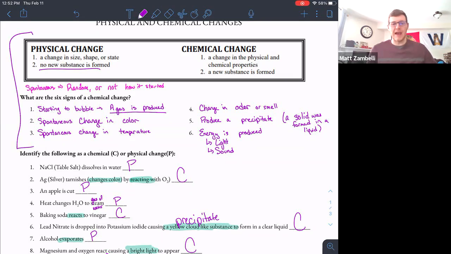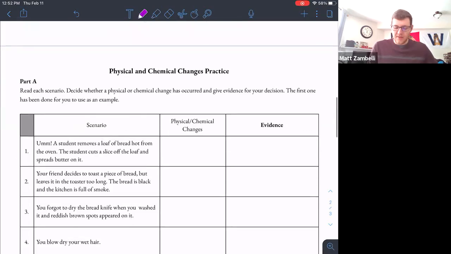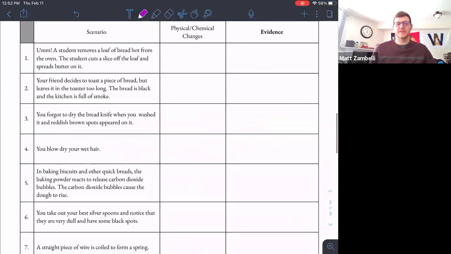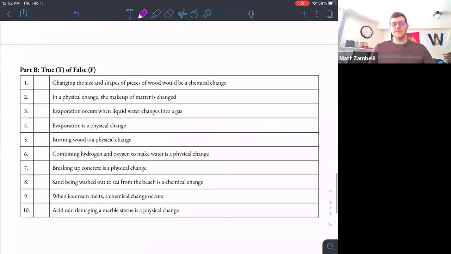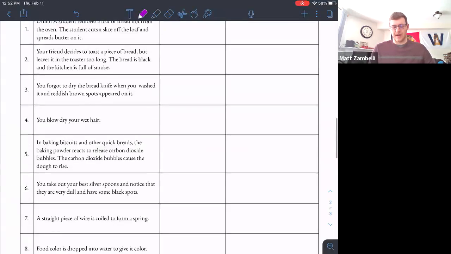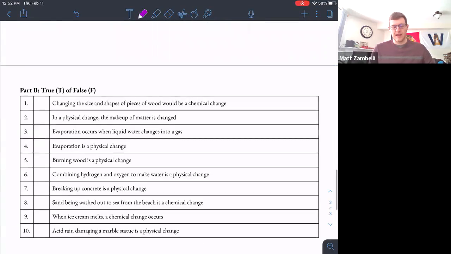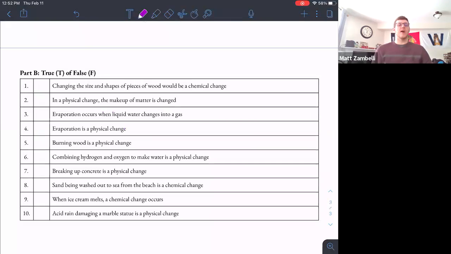So when you're doing these, I want you guys to make sure you're following this stuff right up here. You're looking back here, you're looking at it. And then as you go through, determine if it's physical or chemical. And this time you do have to explain why for part A. And part B is just true or false. Are these people correct when they're saying this